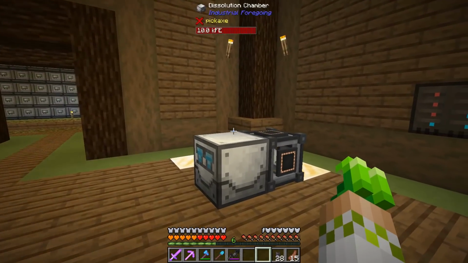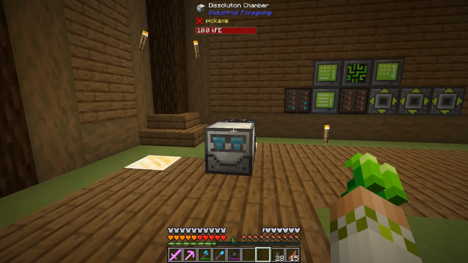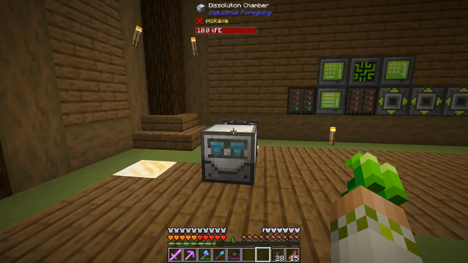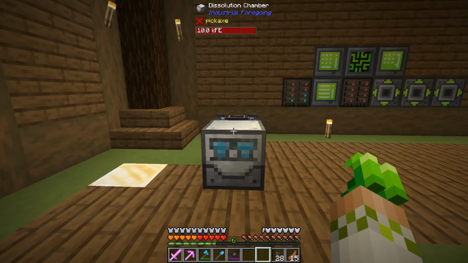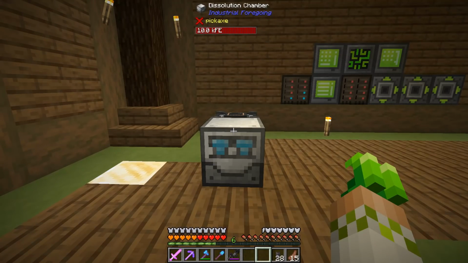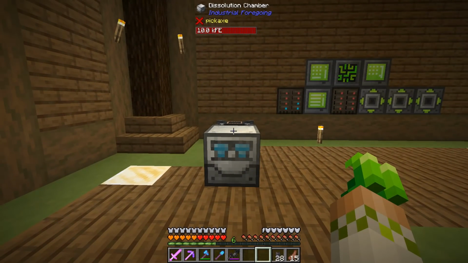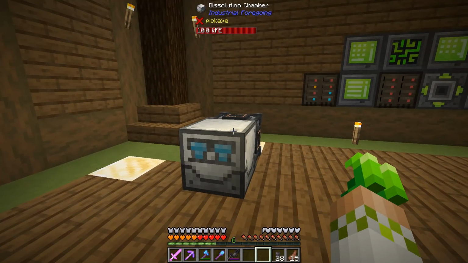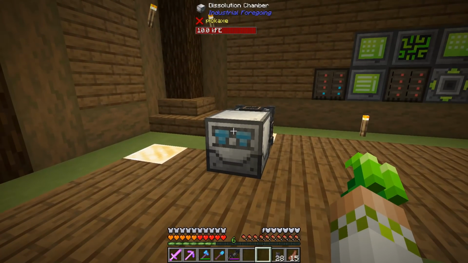So now we should be good to get into the main portion of today's episode, and I am super excited to finally be dealing with the Dissolution chamber. Now, when we started working with Industrial Foregoing, you guys recommended in the comments that I automate crafting with the Dissolution chamber because it'd be a fun project, and because I was using Industrial Foregoing a lot, and I was doing a lot of crafting on camera with the Dissolution chamber, and admittedly, it was a bit of a pain,